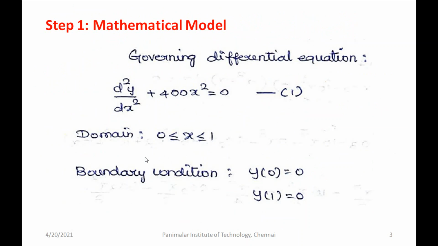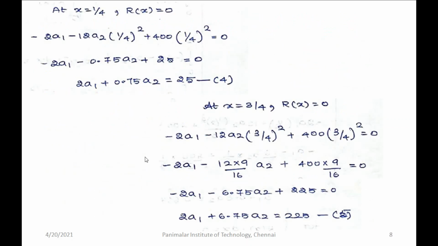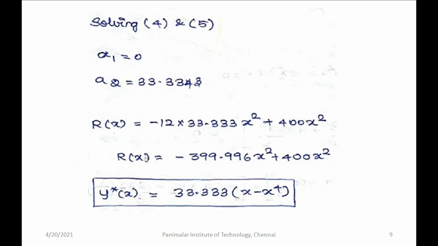It should give 0, but it will not be exactly equal to 0 because it is an approximate solution only. Okay, because we are using the weighted residual method, an approximate method. So y star of x, we found the solution using the point collocation method. Okay, now coming to the next